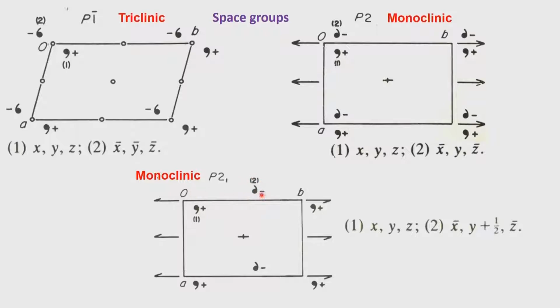Now, this position on one translation will bring it down here, telling us that we do have a two-fold symmetry operation at half position, and these two now become the equivalent points in the unit cell corresponding to the coordinates x, y, z and x bar, half plus y, z bar. Notice that we can also have the two-fold screw axis symmetry at 0 as well as 1. The presence of the translational periodicity has brought us the additional 2-1 screw axis, just like the logic we used for P2 and also for the triclinic system.